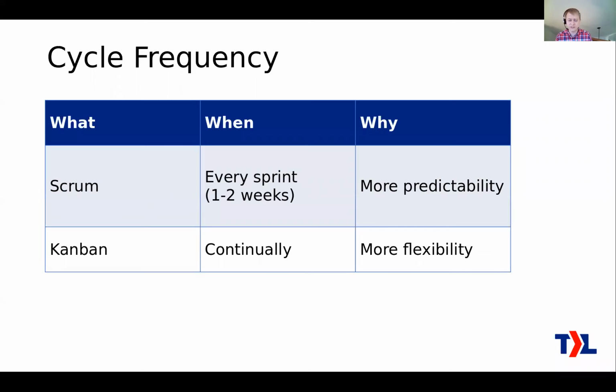Now, what's the frequency of this cycle? You have 2 choices. This is just the 2-minute version here; there's definitely more learning you can do about this. There are 2 main choices. One is Scrum. The main thing there is that you have sprints. A sprint is just a fixed period of time, typically 1 week, maybe 2 weeks, and you would do this cycle once per sprint.